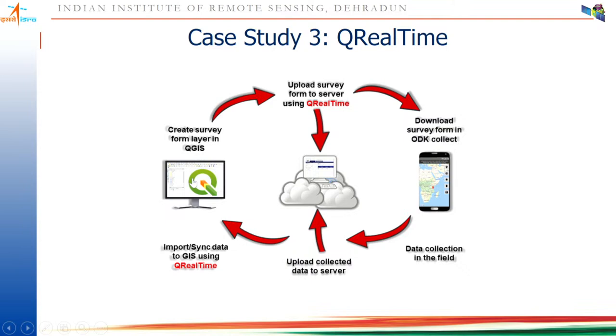In the sense, suppose you develop some extension to QGIS and you want to share it with others, it should also follow the GPL license. It means not only that extension's executable but also the source code needs to be shared. So this is called the GNU public license. This public license insists that whatever derivative you develop using the open source software must also be open source. While the LGPL license, which is called the Lesser